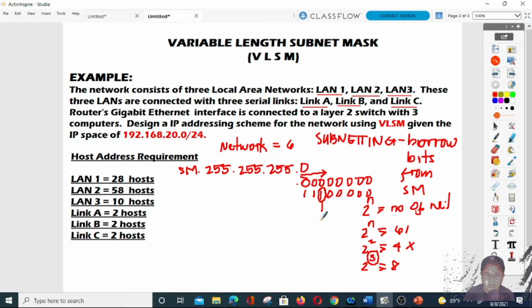This will be our increment. And this will be our new subnet mask. This is the original subnet mask. So the new subnet mask will become,